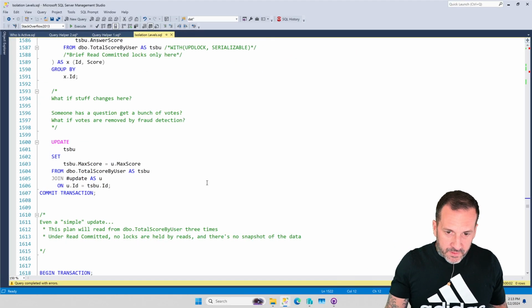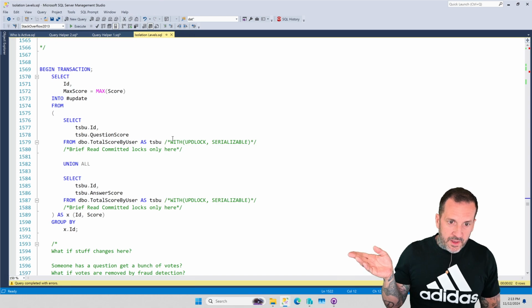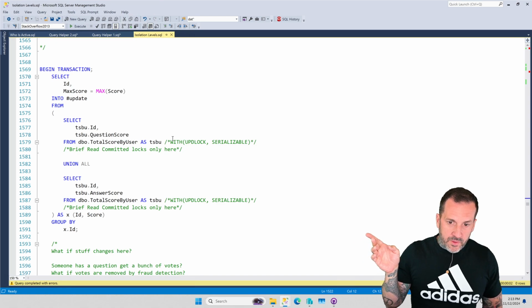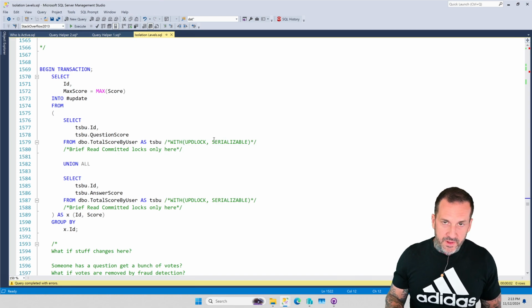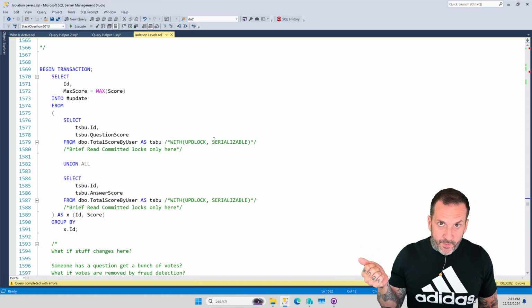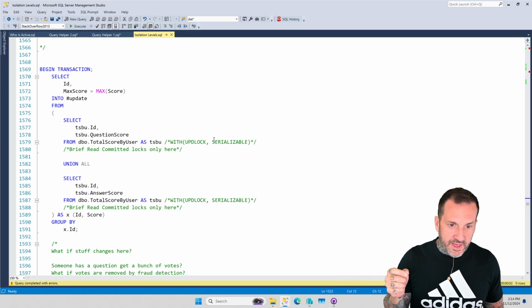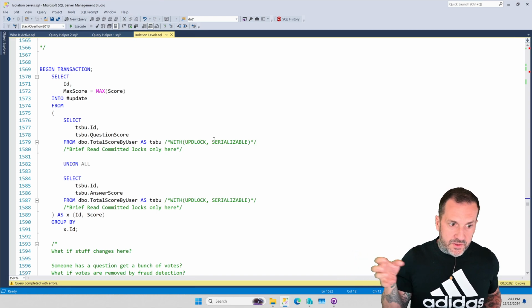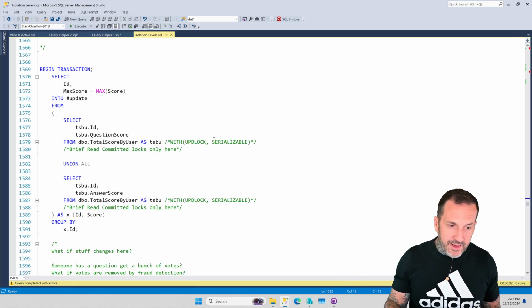Now, to backtrack a little bit, let's say that we did have these locking hints in place, right? And let's say that while we were getting this data, we took locks, right? Let's say we had update lock and serializable locks on this. And we had another process try to update the total score by user table to say, no, we have a new high score for this person, right? This person just got a higher score. We need to change this. That query would be locked out, so we would be working with stale data anyway, right?